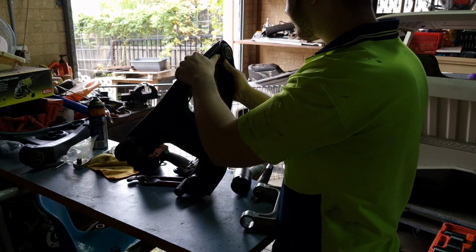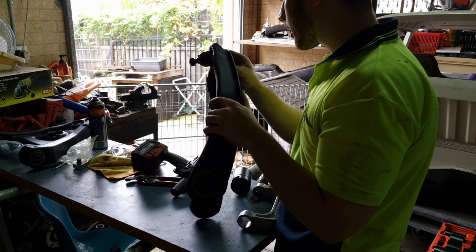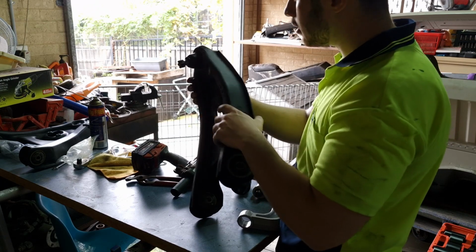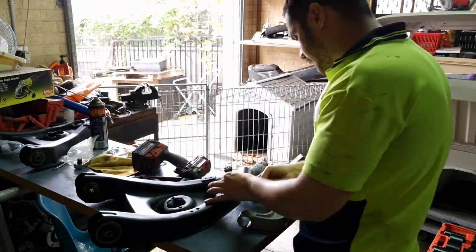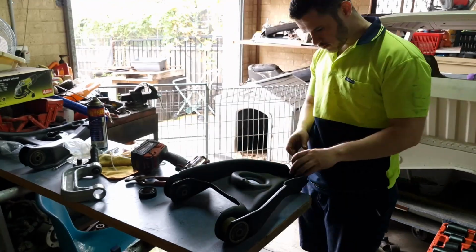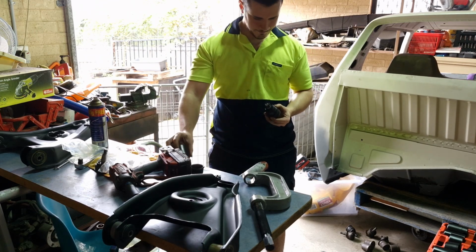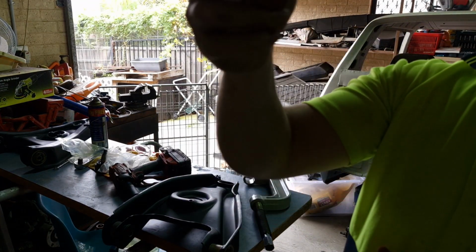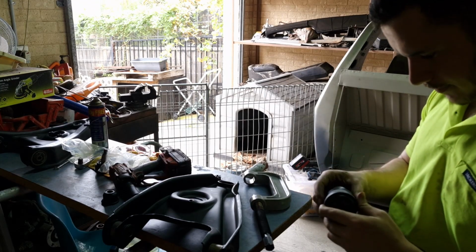I think that's going to have to come out. There you go. Don't do that. It's about halfway. It's not kind of even. Now I have to take that out. The issue was that I broke the boot because the pipe was clamping onto it when it was coming through, so I just wonder,